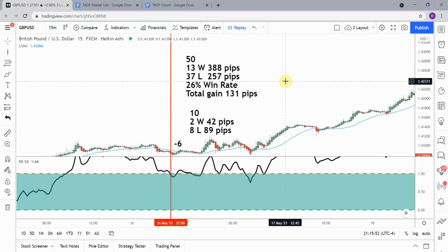Not horrible, not great. Funny enough, I made a few small tweaks to the strategy, and I was able to double that. I was able to have about a 48% win rate, and a gain of 380 something pips out of 50 trades. If you are interested to see the very small tweak I made to get that level of correction in the strategy,